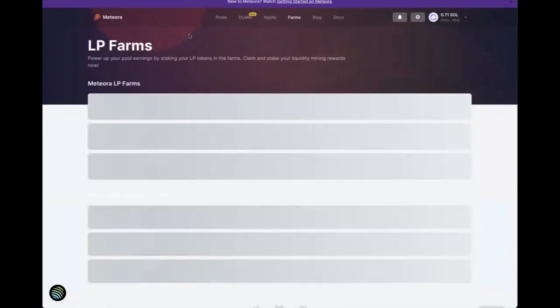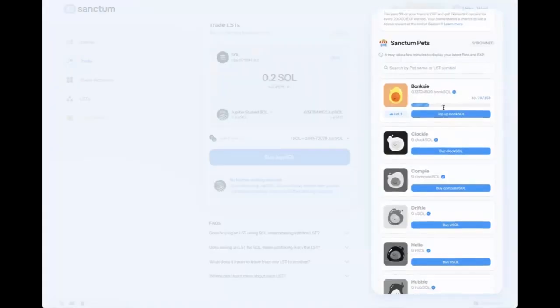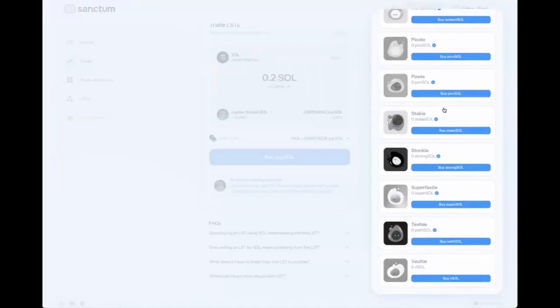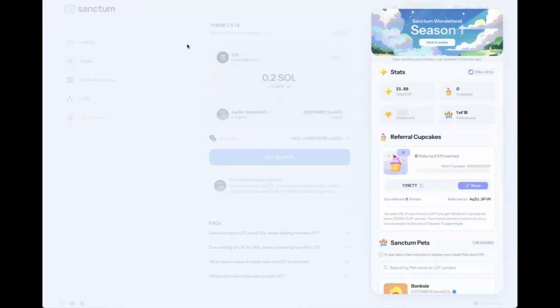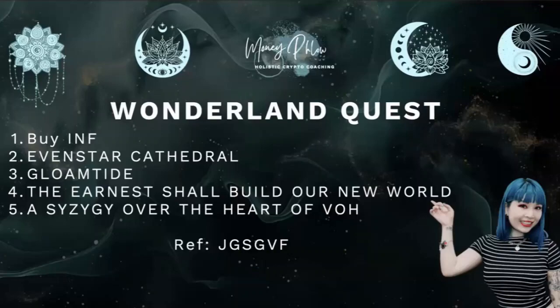So have a play with it, but ideally I also want to ensure that all of my pets are lit up, and then stay tuned for the next quest. It should hopefully be coming soon. And yeah, that's how you can use Solana, which is one of the crypto ecosystems for smart contracts, to do DeFi, staking, lending, borrowing,